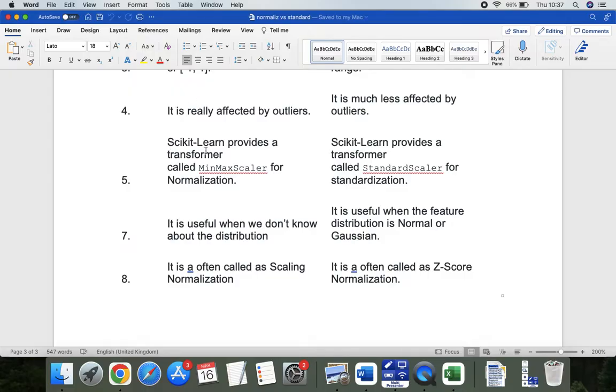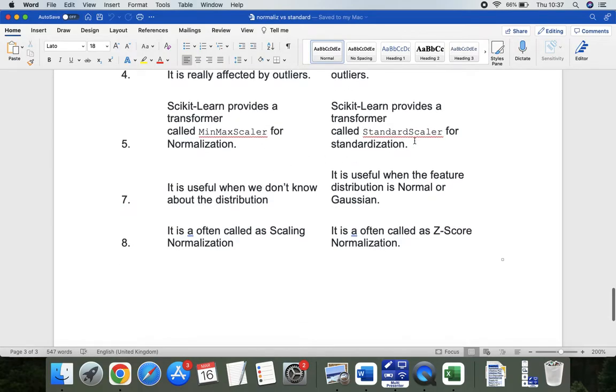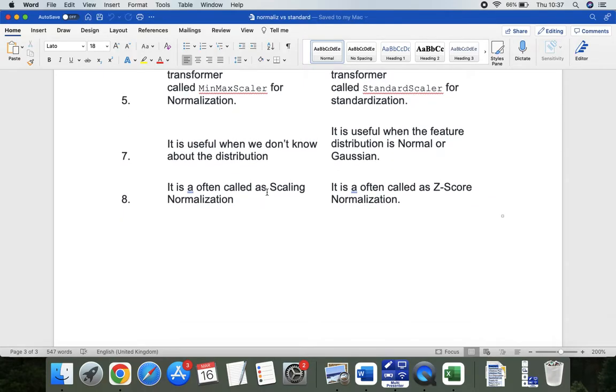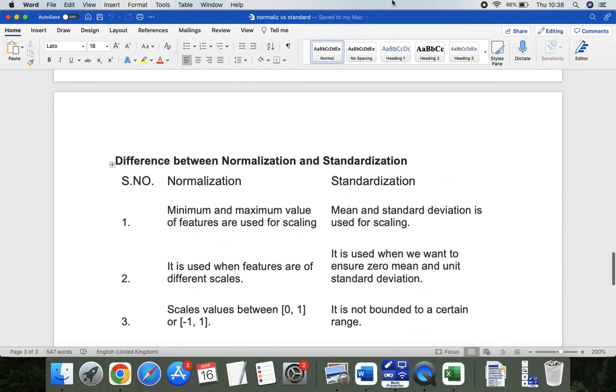In Python scikit-learn, you will find the functions MinMaxScaler and StandardScaler for these two purposes. Also, about the distribution: if we don't know the distribution of the data, we go for normalization. If we know the distribution, we go for standardization. And other names: normalization is also called min-max scaling, and standardization is also called z-score scaling. So these are the key differences between